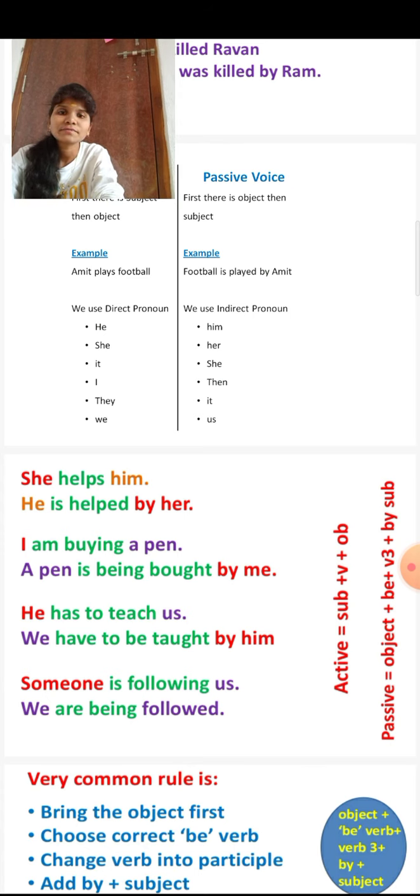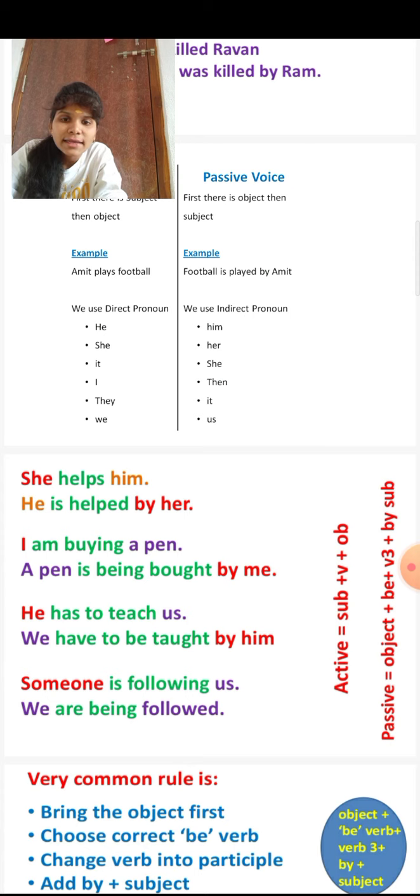And next here, I am buying a pen. So I is the subject, am is a be form, buying is V1 plus ing, and a pen is the object. So the sentence is in the present continuous. When the sentence in present continuous of active voice is converted into passive voice, at that time the sentence becomes a pen is being bought by me. Here you should add being, because the subject will become the object and the object will become the subject, and you have to add is being, and the V3 form and preposition, and again the pronoun change.